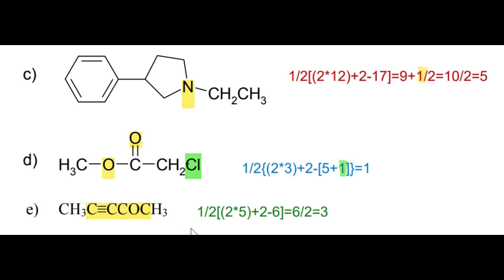All right. Similarly, in the last example, the E one, when you calculate the number of carbon atoms, there are 1, 2, 3, 4, 5 carbon atoms, plus 2, minus 6. So 6 are hydrogens, 3 plus 3, 6. And when we solve this, oxygen has no effect. And when we solve this, this will be 3. And it means that there will be a triple bond having IHD of 2, and C double bond O is also present. This C double bond O has one IHD, a double bond, and a triple bond is equivalent to